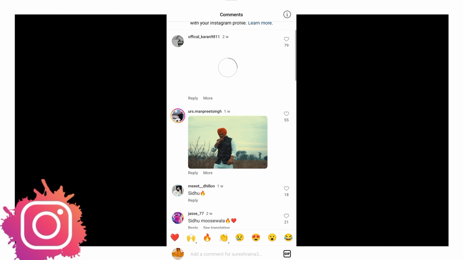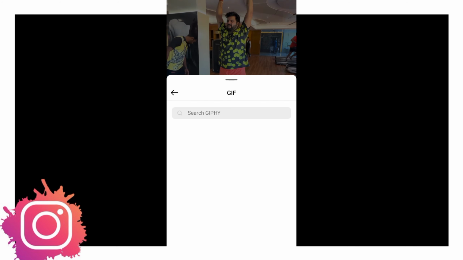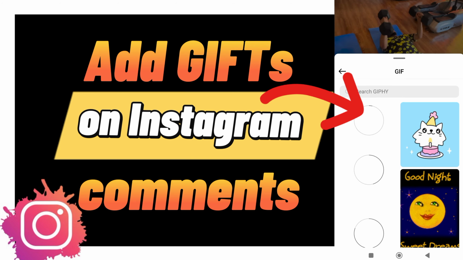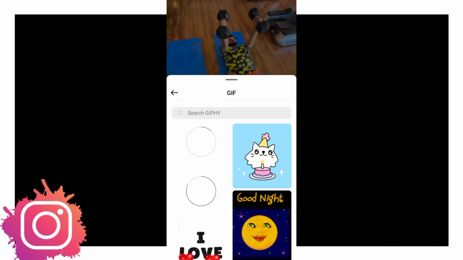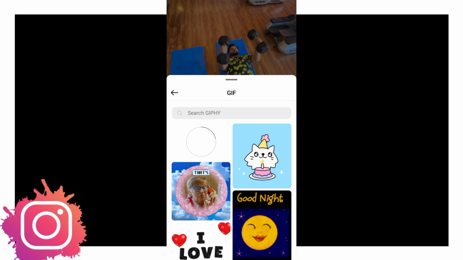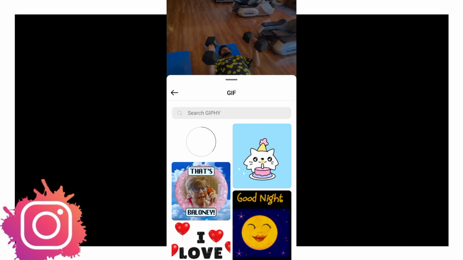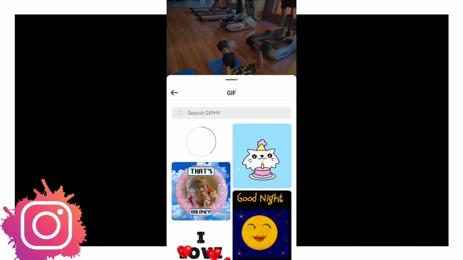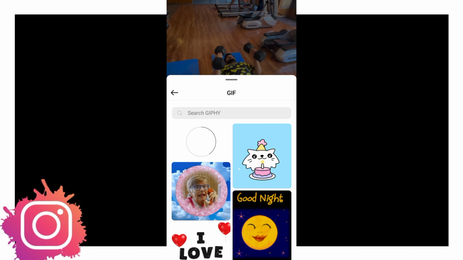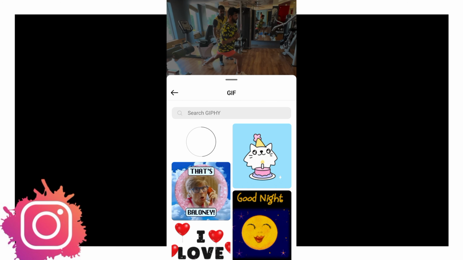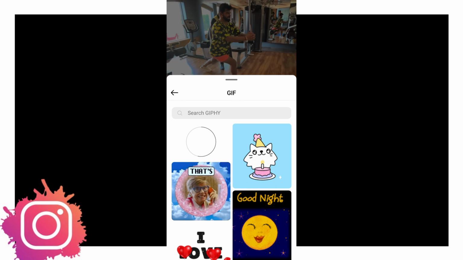Now you will have to tap the gift button to the right of the comment box. This will open the gift directly, so you can see the gift option, and from there you will have to select any of the gifts that you want to send, and search a gift by typing a keyword in the search bar or browse through the trending gifts, and tap on the gift you want to use to add it to your comments. And then once you have selected your gift, tap the post button to add your comment